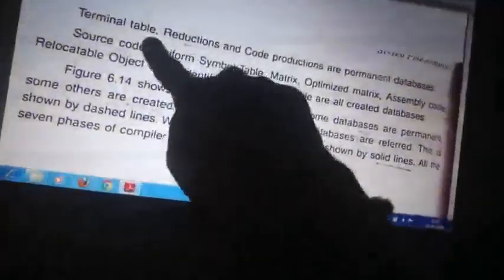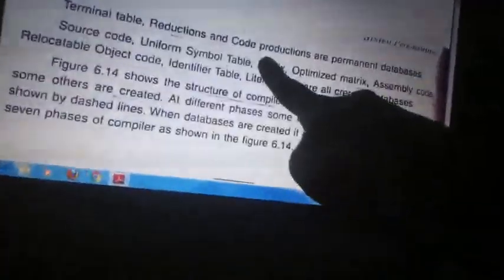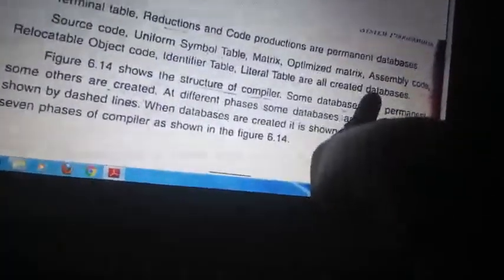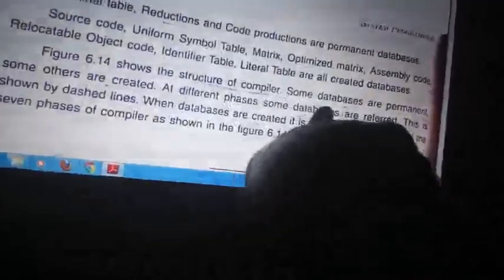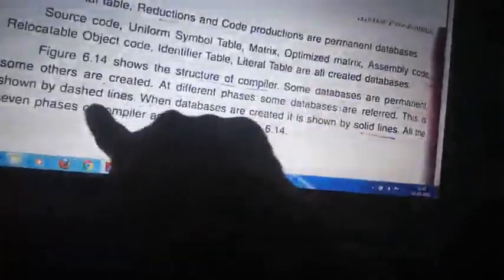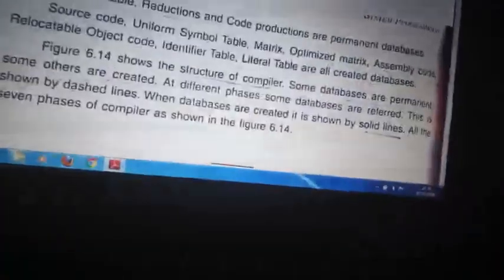The permanent tables are terminal, reductions, and code productions. Whereas the others are the generated tables. These are the databases and structures shown above, where created tables are shown by solid lines and used tables are shown by dashed lines. So that's how the phases of the compiler run.